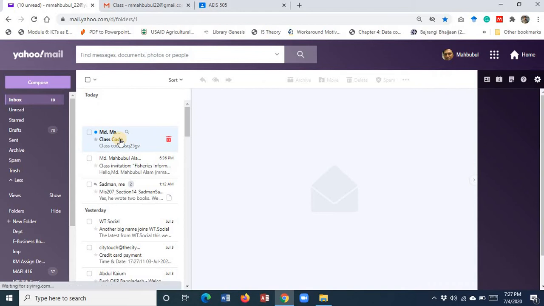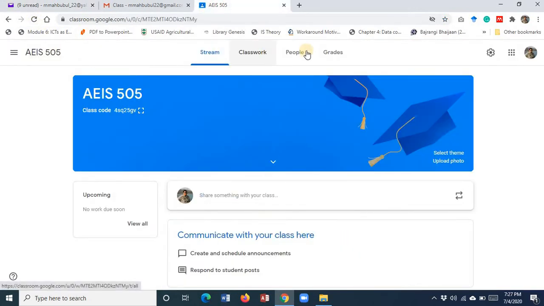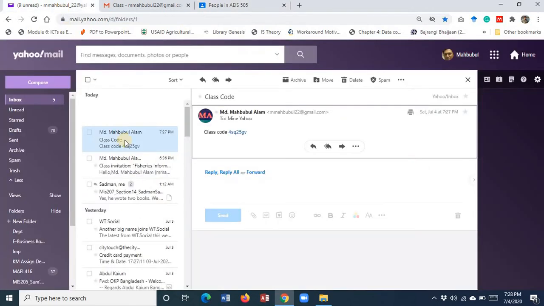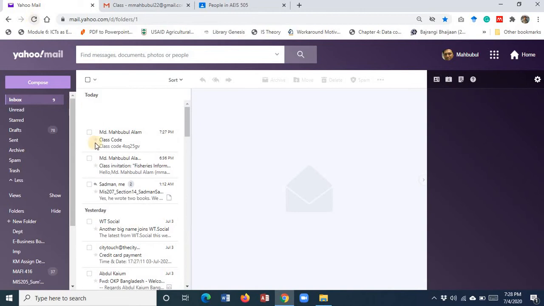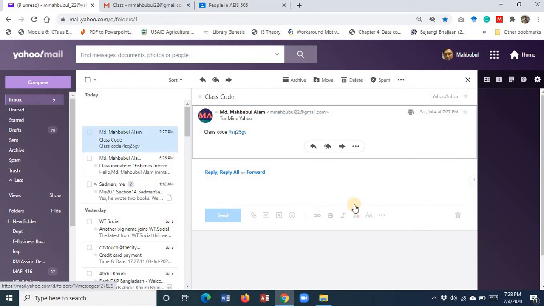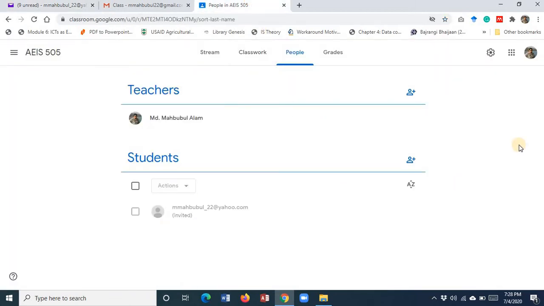Okay, I got this email, but I guess I should receive the other invitation, because I already added the student there and sent it, it shows invited, but I didn't receive the other email. There should be two emails, but I didn't receive that. Maybe there is some problem, or Google Classroom is responding slow, whatever, no problem, it's fine. Then for my part,